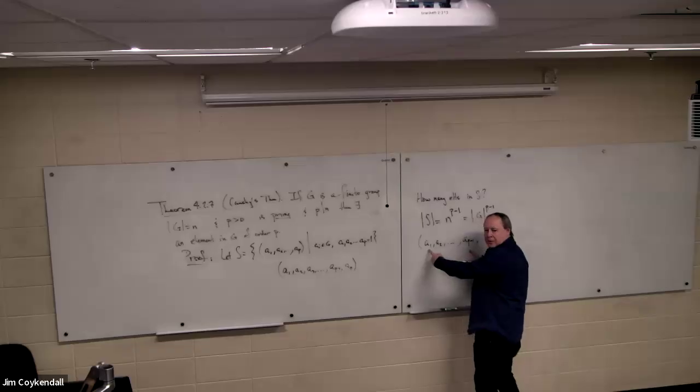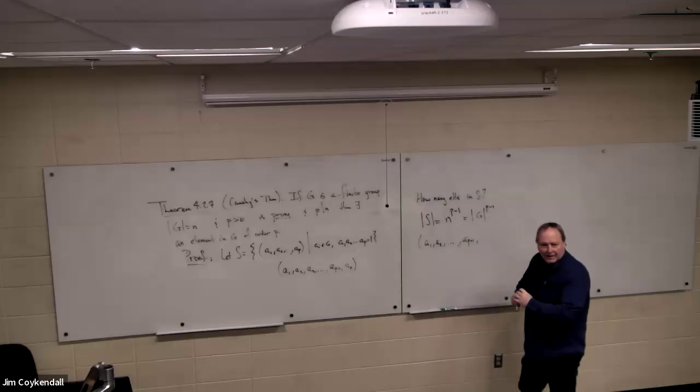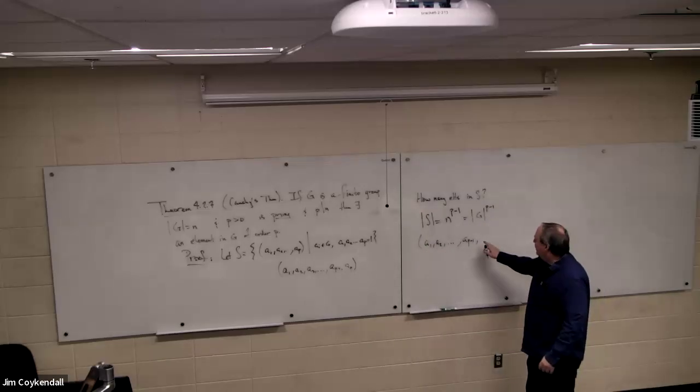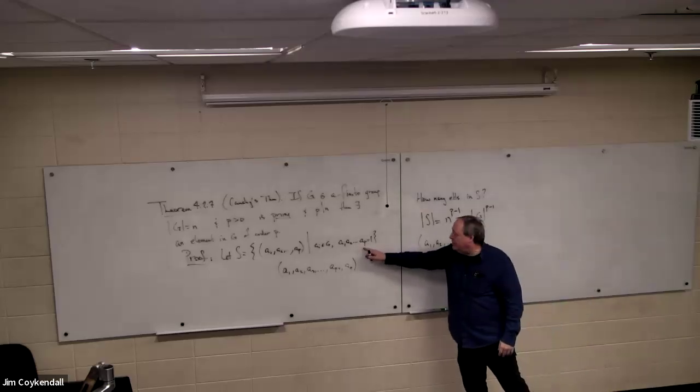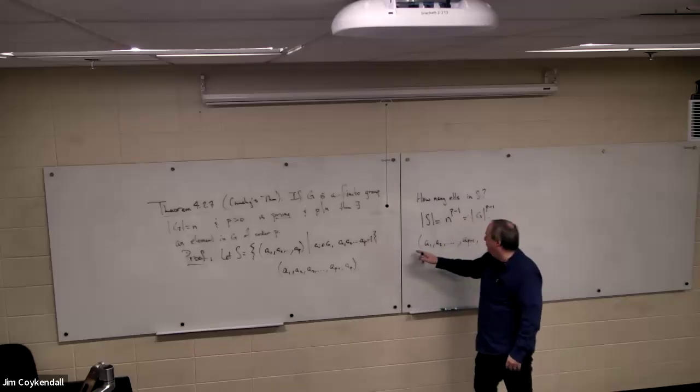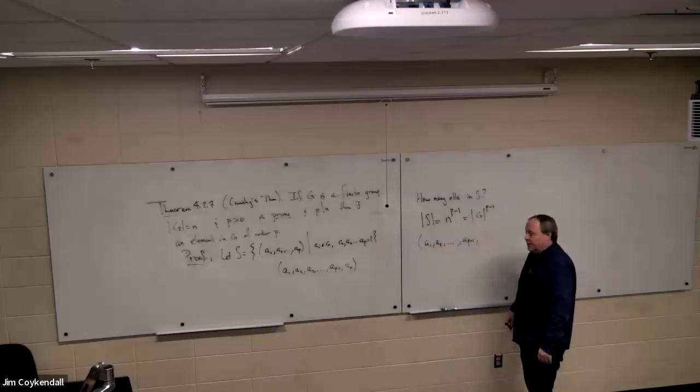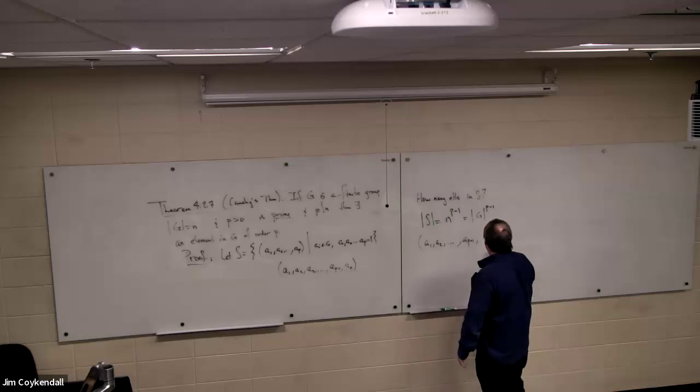You can do anything you please here. I don't care. You can put any of the n elements there, right? The last one is the condition. You just need to make sure that the last one is the inverse of the product of these, right? So the last one has to be